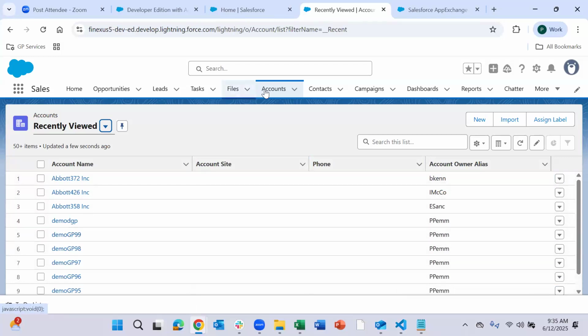So you have an object. For every object, you will create a tab to display at the top. Once you click on the tab, the object data gets opened. Inside an object, you have different fields as columns, and there are records which are displaying the data. So now you are clear about what is an object, what is a tab, what are fields, what are the records. Are we good till now? Anybody has any doubts?